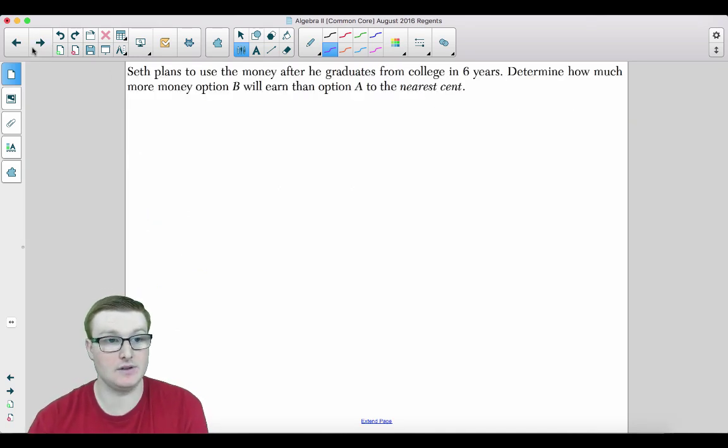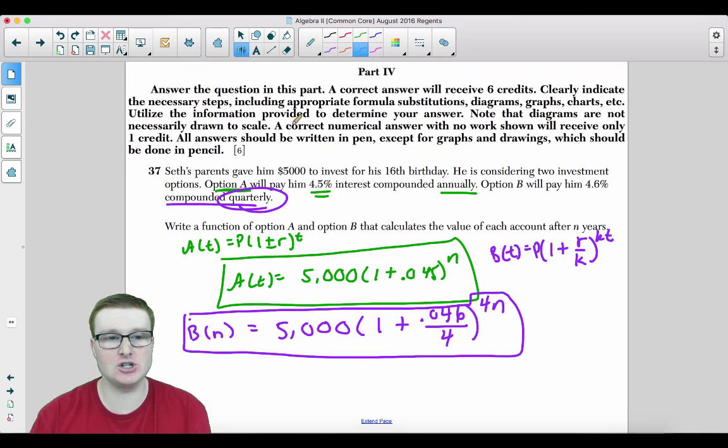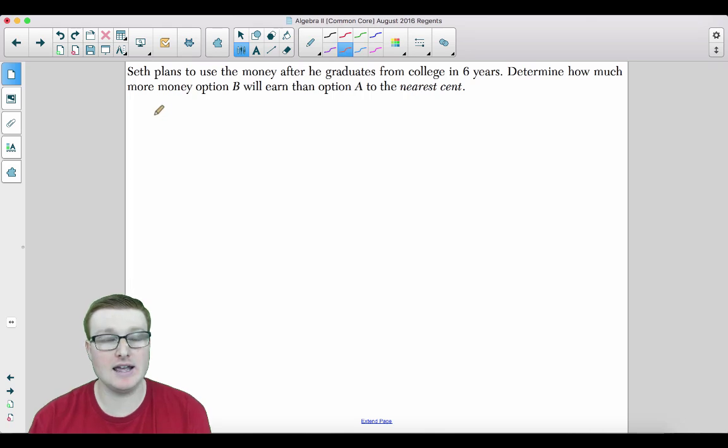Then it says, for the next one, Seth plans to use the money after he graduates from college in 6 years. Determine how much more money option B will earn than option A to the nearest cent. So here's what you're doing. You're taking this information over here, and you're plugging in 6 to both of them. So you're plugging in